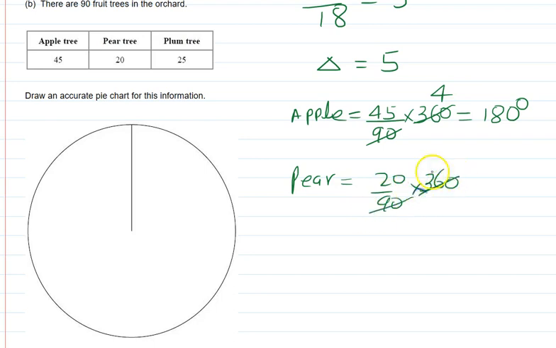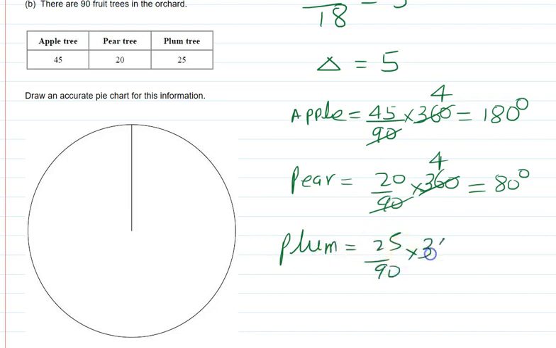Again, 360 divided by 90 is 4, so it will be 80 degrees. Plum, so it is 25 divided by 90 times 360. So it is 4, so it is 100 degrees. So first of all, let's make apple. So if we join this line, so this will be